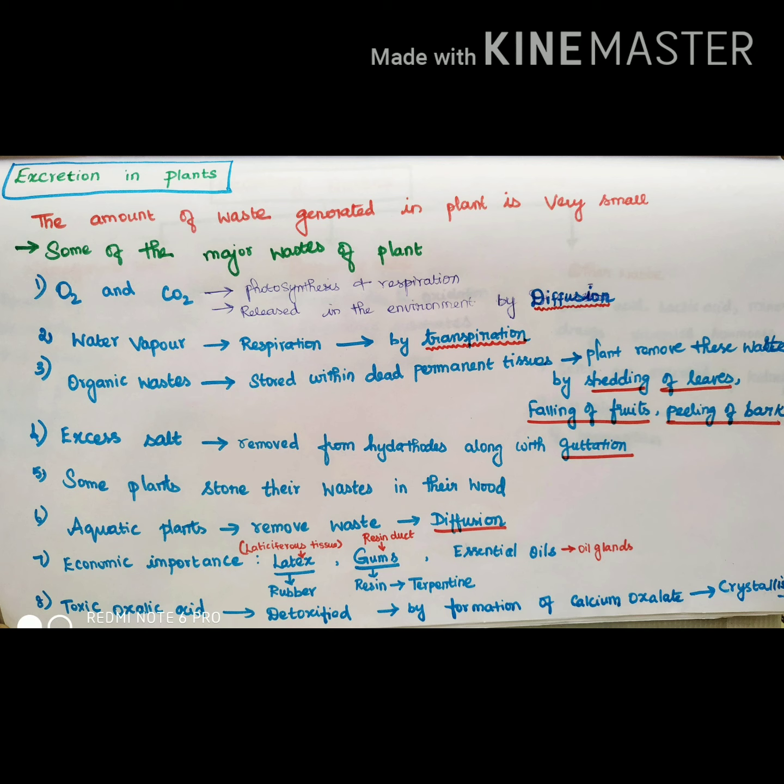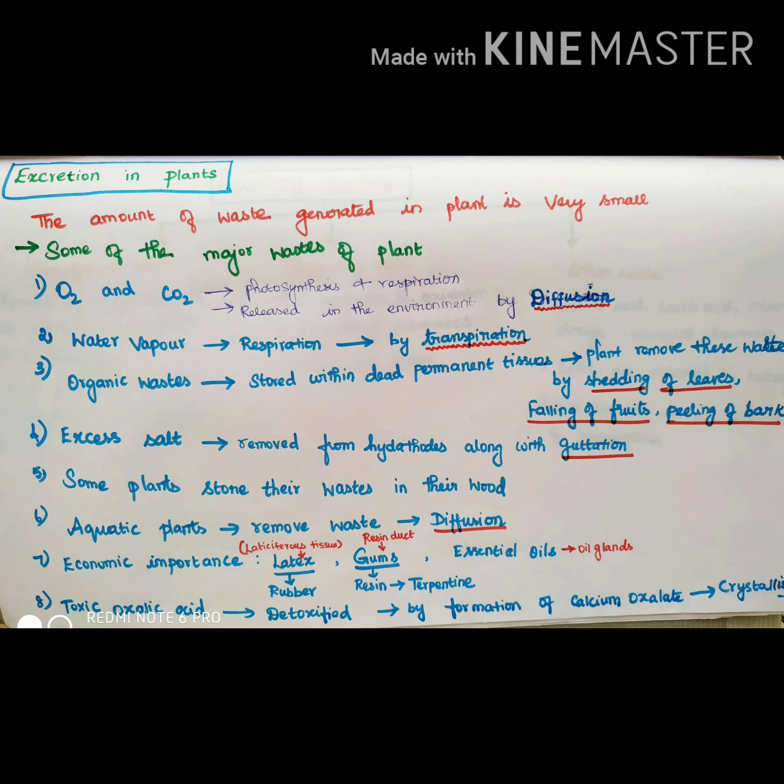It is the process of removal of water, where water drops appear in the leaf margin of some herbaceous plants. So the removal of water takes place at the edge of the leaf margin in some herbaceous plants, which is called guttation. During guttation, the excess amount of salt also gets removed.